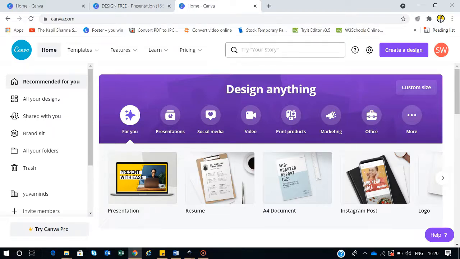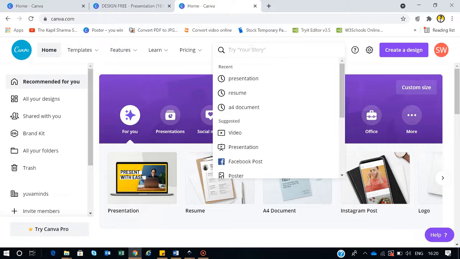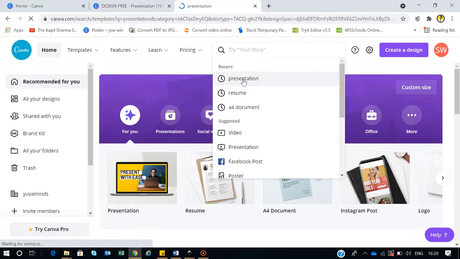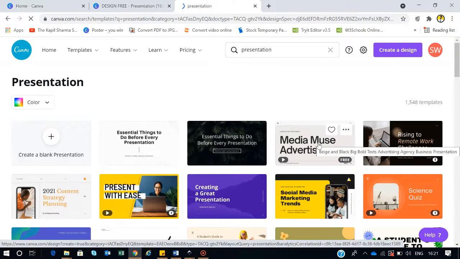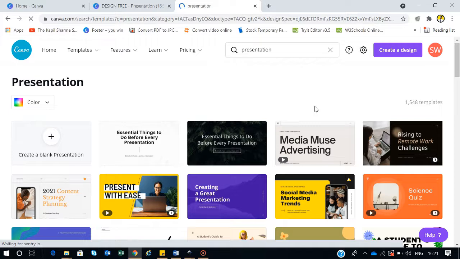And now you have to search for a presentation, right? You can see that I already have the search history available. Simply click on presentation, right? And you will see, I would say, hundreds of pre-designed templates which are ready to use. They are easily editable and you can add your content, customize them, and then download those presentations in any format you want. You can download them in PDF, as a video, or as PowerPoint templates, right? So let's see how to do that.